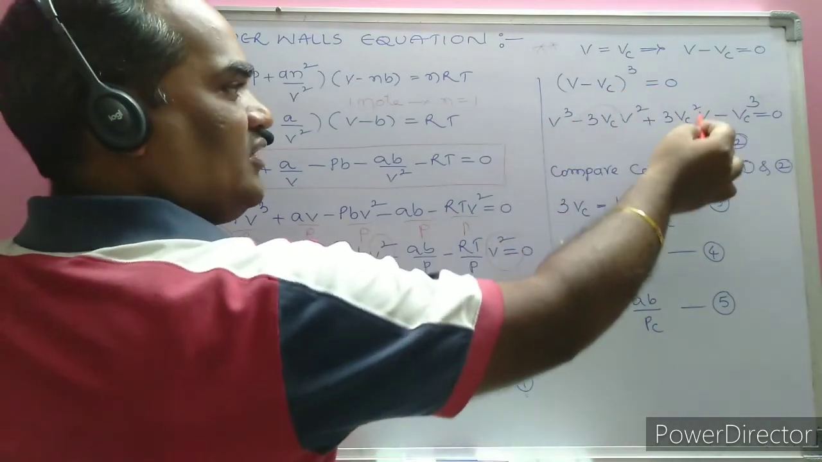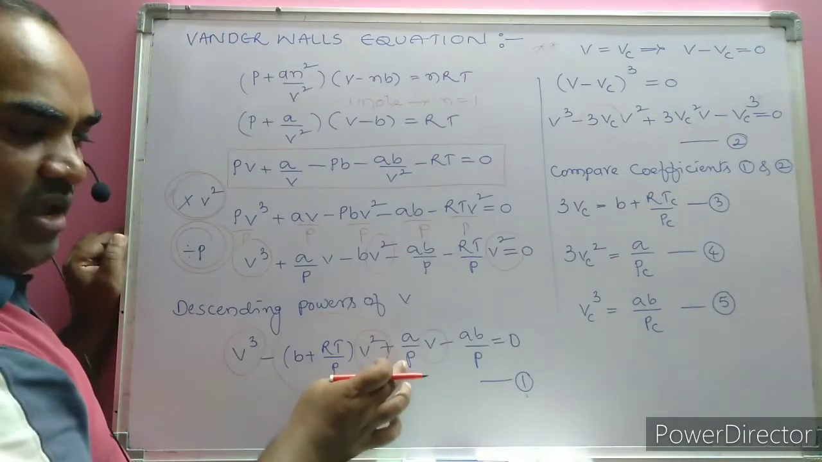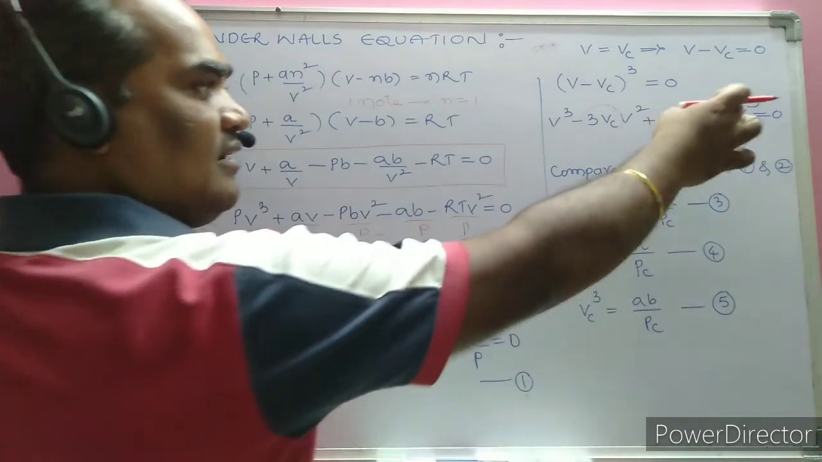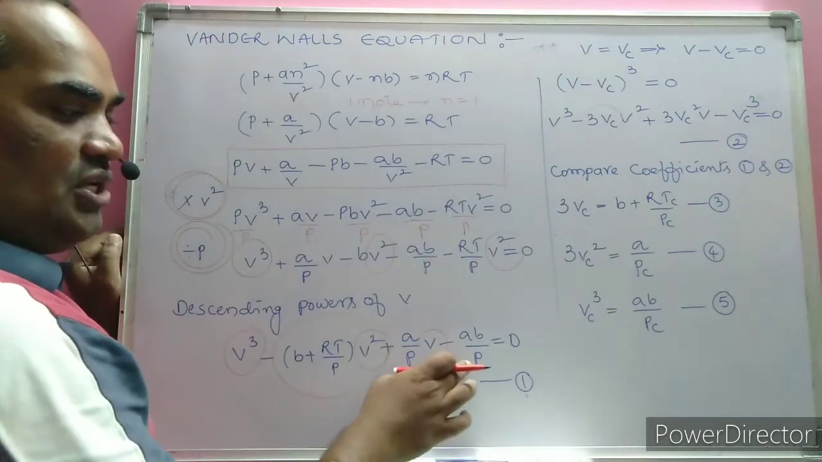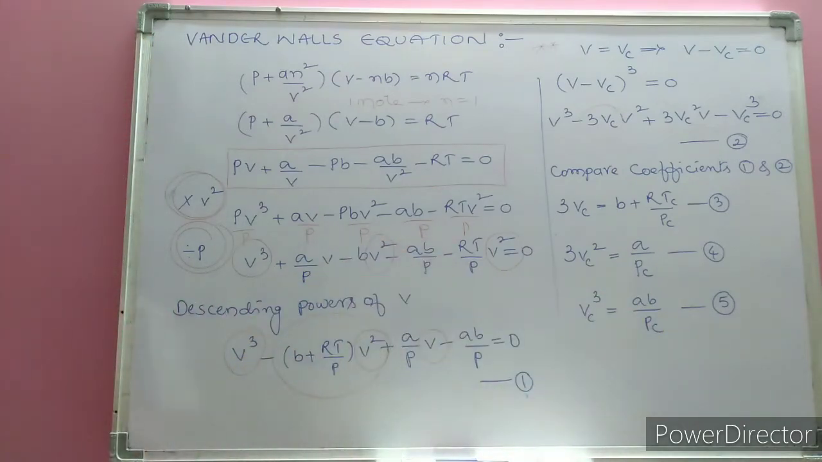Next, the coefficient of V is 3Vc squared. Here it is a by Pc. 3Vc squared is equal to a by Pc. And the constant is Vc cubed is equal to ab by Pc. Now we have introduced the critical temperature, critical pressure and critical volume, making use of the